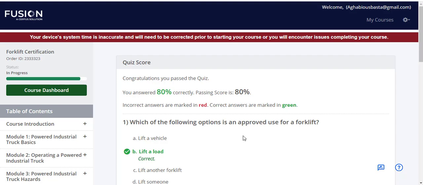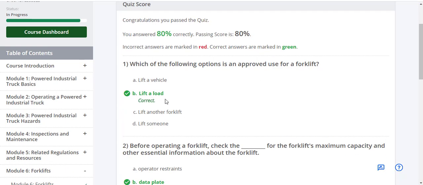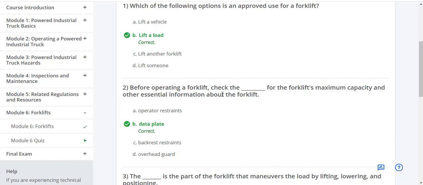This is the quiz for module 6. Which of the following options is an approved use of the forklift? Lift the load. Before operating the forklift, check the data plate for the forklift maximum capacity and other essential information